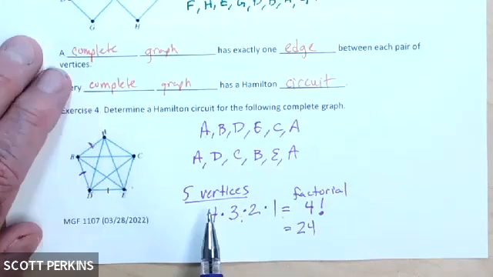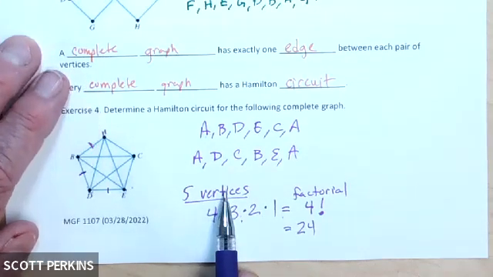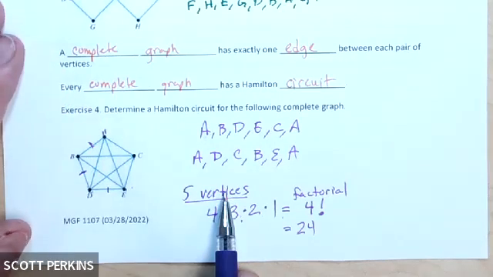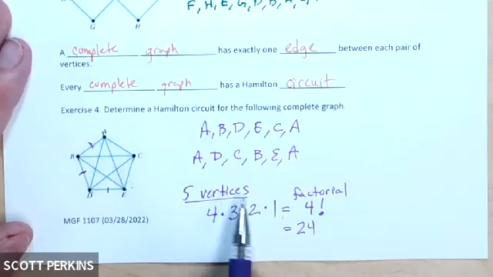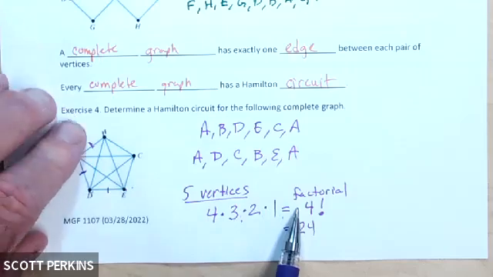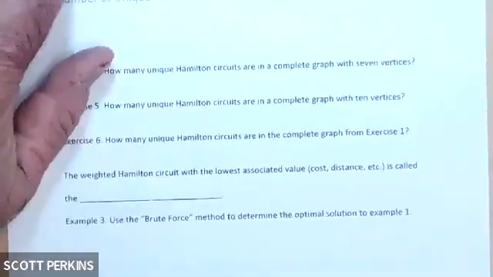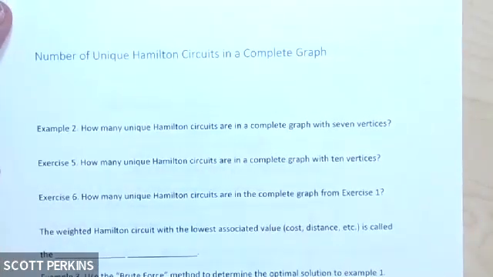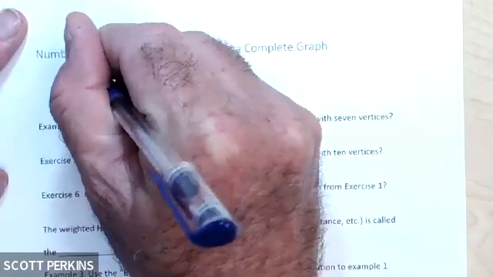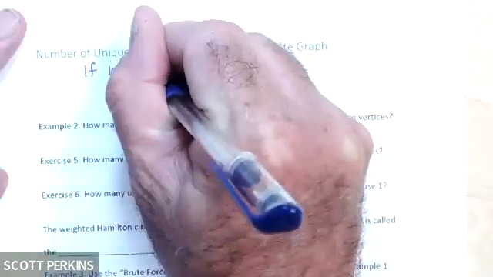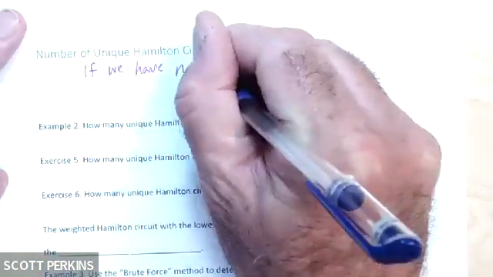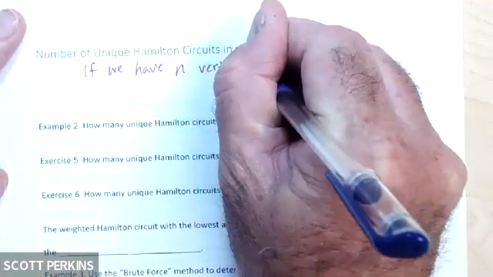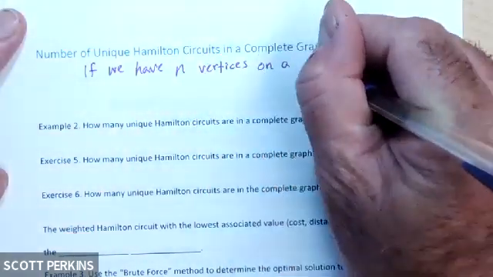So when I had 5 vertices, the number of unique Hamilton circuits I could do is 4 factorial. It's 1 less than the number of vertices. And here's what I'm going to write up here at the top of the next page. The number of unique Hamilton circuits on a complete graph. If we have n vertices on a complete graph,